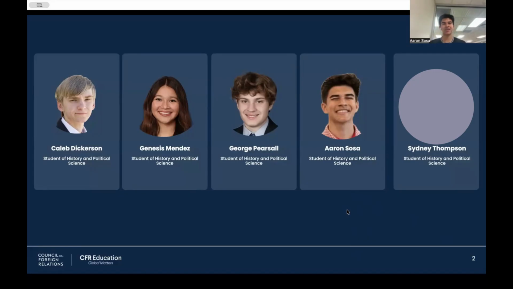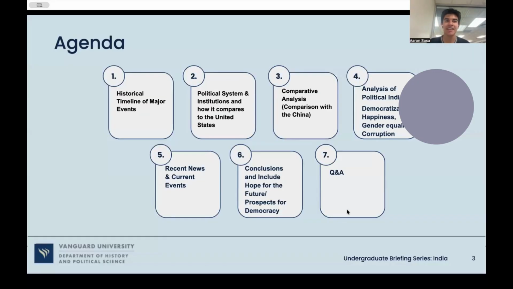Today, like I said earlier, we're going to be doing India. India is one of the most important countries to study in comparative politics because it raises a major question about democracy in practice. It's often called the world's largest democracy. It's very big, but when we look more closely at its institutions, rights, political pressures, and social divisions, the picture becomes much more complex.